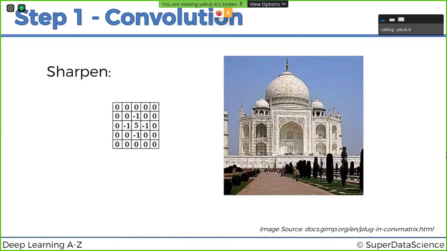So here, to detect a specific feature from the image, we have different kernels or different filters. Whenever you multiply this input image with this kernel matrix, we will get different features from the image. By combining all the features, if we process all the features at a time, we can easily detect the object. That is the concept behind convolutional neural networks.